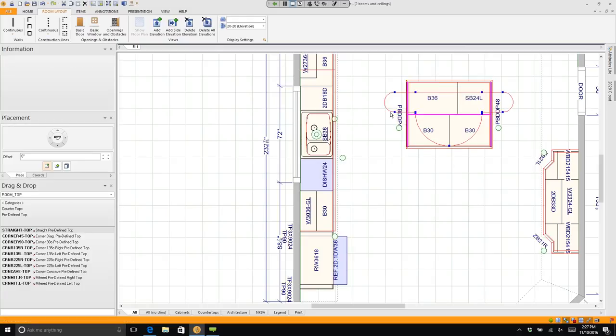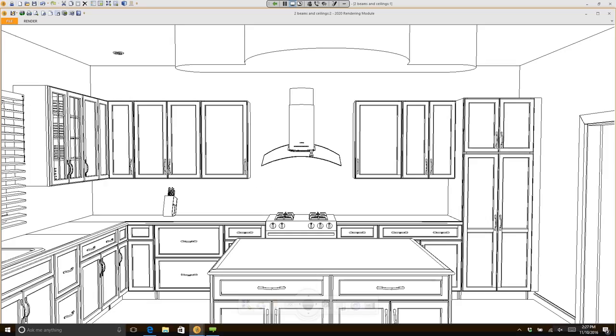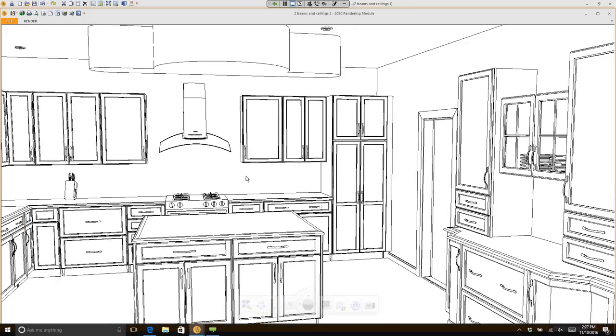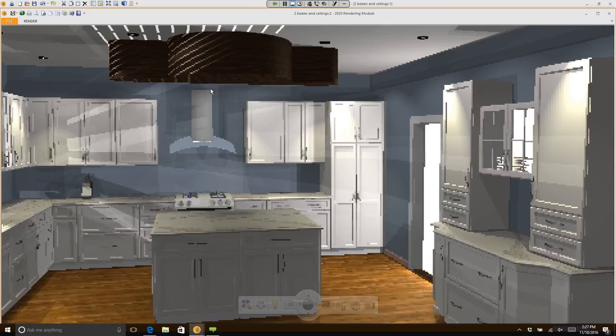I can then right-click on it and say up, down. And I said my ceiling was 108. I made that 15 inches, so let's raise this 93 inches off of the floor. Let's go back and take a quick view of this. We'll give it a second to draw. And if I tilt it and roll back again, you'll see that I've built a custom-shaped